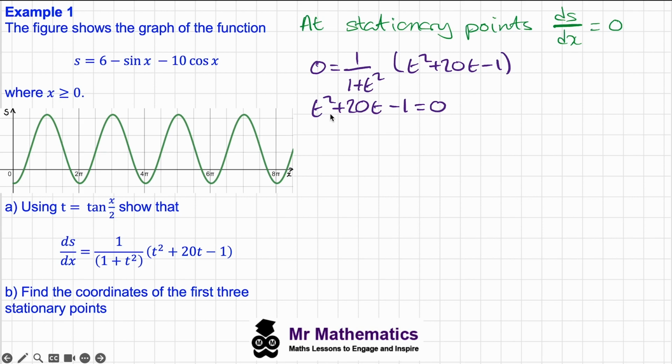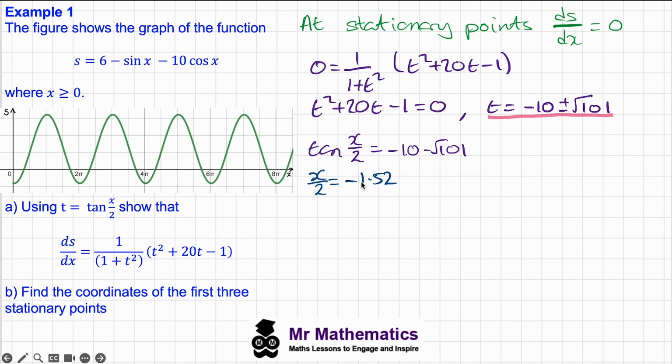And we can solve this equation using the quadratic formula. So t equals negative 10 plus or minus the square root of 101. And now we need to remember that this t is tan of x over 2. So our solutions then are tan of a half x is the negative solution, negative 10 minus root 101. And if we were to take the arc tan of both sides, then x over 2 will be negative 1.52 radians. But if we're looking at the first 3 solutions, here, here, and here, we need to consider other solutions